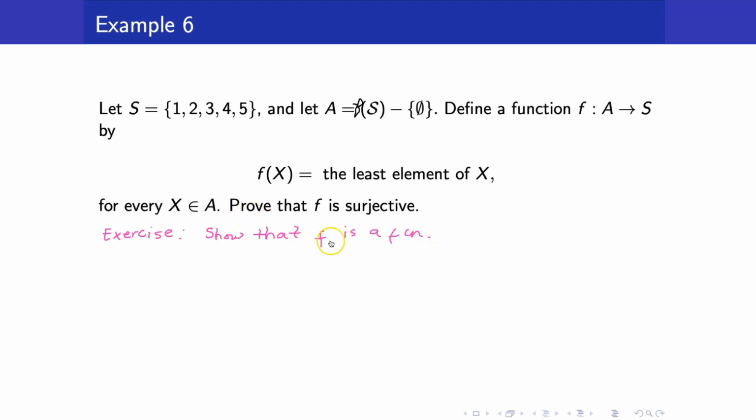And then, let us show now that this is surjective. So, what do we do? We get an arbitrary element in the codomain. So, therefore, an element here is either 1, 2, 3, 4, 5. But we want this to be general, so let B be an element of S. Our goal here